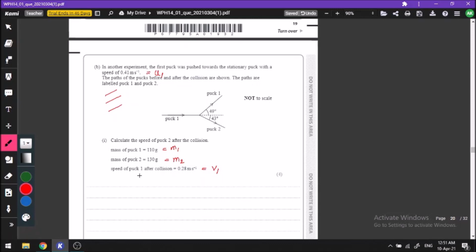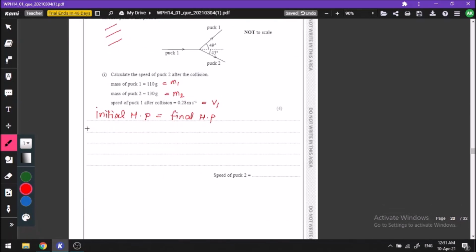So according to the law of conservation of momentum, momentum in a particular direction is always conserved. So the total horizontal momentum before collision is equal to the total horizontal momentum after collision. So initial horizontal momentum is equal to final horizontal momentum. I'm writing H here, but in your main exam paper you should write horizontal. P is the symbol of momentum, but you should write the full form of horizontal. I'm just writing this to save time.